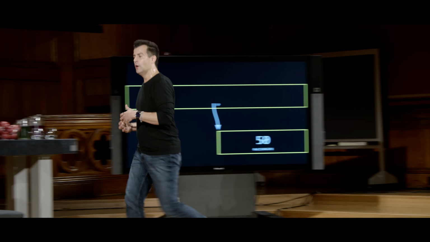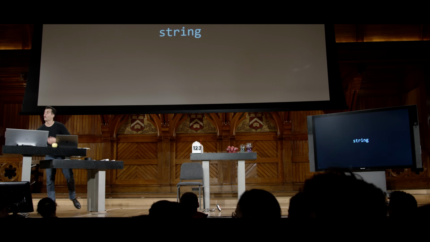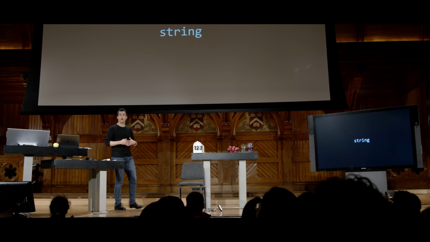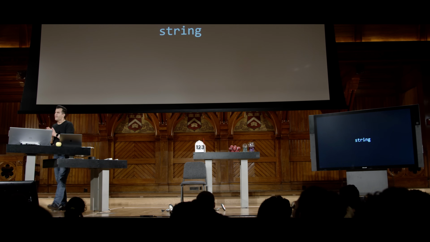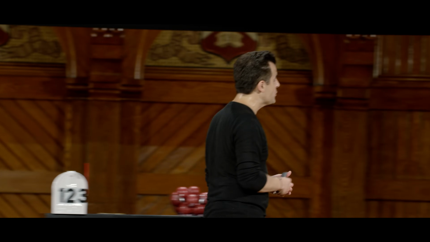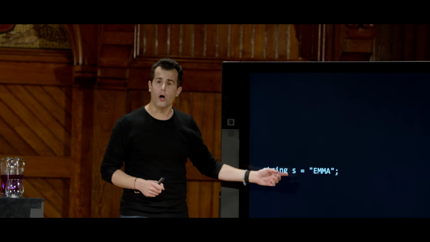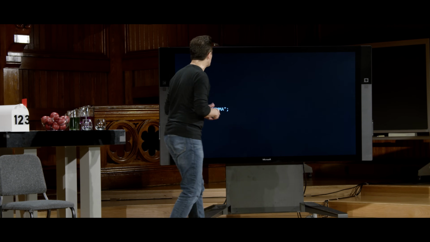So moving from this to something more familiar now, if you will, recall that we've been talking about strings for quite some time. And in fact, most of the interesting programs we've written thus far involve maybe input from the human and some form of text that you are then manipulating. But string, we said in week 1, is a bit of a white lie. I mean, it is the training wheels that I promised we would start taking off today. So let's consider what a string actually is now in this new context. So if we have a string like Emma here, declared in a variable called s, and quote unquote Emma in all caps, as we've done a couple of times now, what does this actually look like inside of the computer?